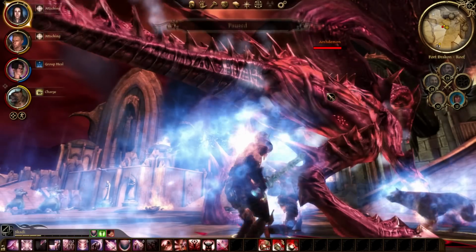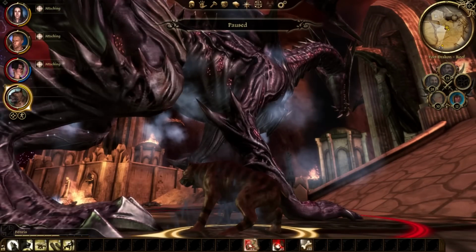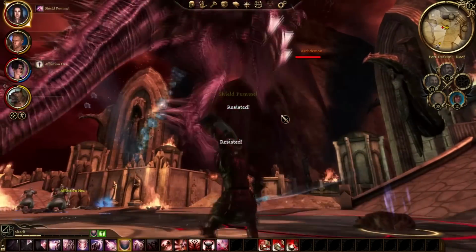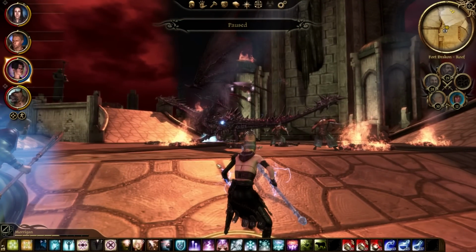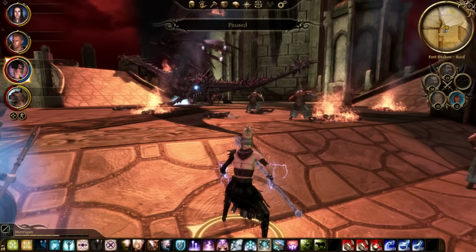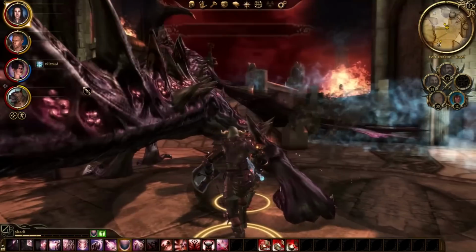Alright. I just need to make sure that our health stays high enough. And Morrigan... yeah, this is not going to work. Let's try this. I know this will catch us in the storm as well, but...